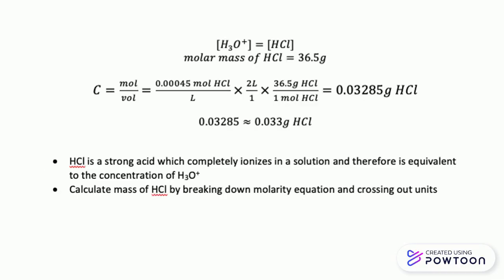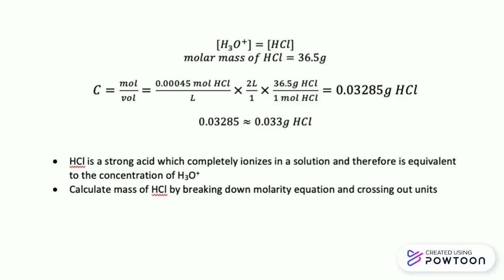We are asked what mass of HCl is added, and we know that because HCl is a strong acid and it neutralizes completely, the concentration of hydronium is equal to the concentration of HCl, being 0.00045 molar. Now we calculate the mass of hydrogen chloride. First, we need to find HCl's molar mass. Hydrogen's molar mass is 1.0 grams, and chlorine's molar mass is 35.5 grams, giving us a total molar mass of 36.5 grams for HCl. Now we state that concentration is equal to moles over volume, so therefore